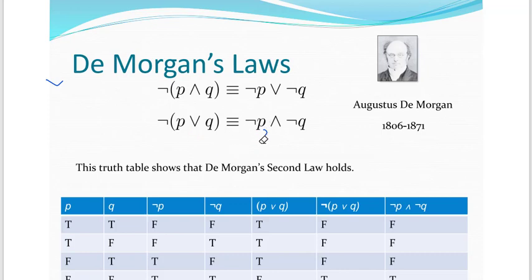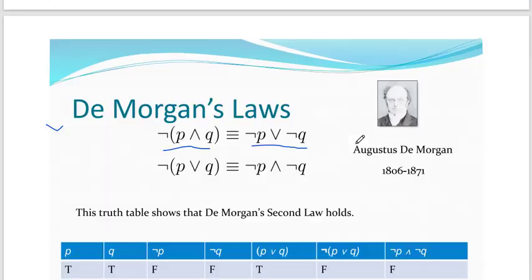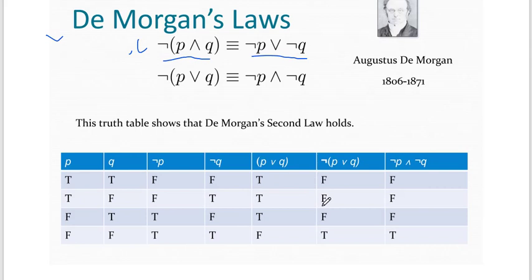Okay. Now, if we want to find out if this is the correct logical equivalent, how do we find out? Like this, with the help of a truth table. If we see that both columns of the truth table are the same, then we will say that this statement is true, or that De Morgan's law is true. So let's start with the truth table.